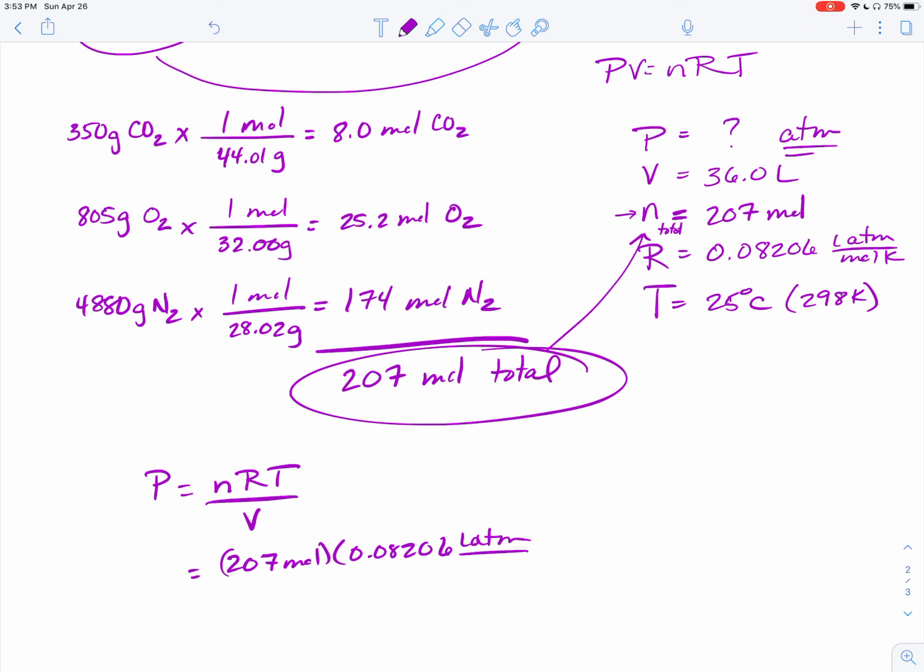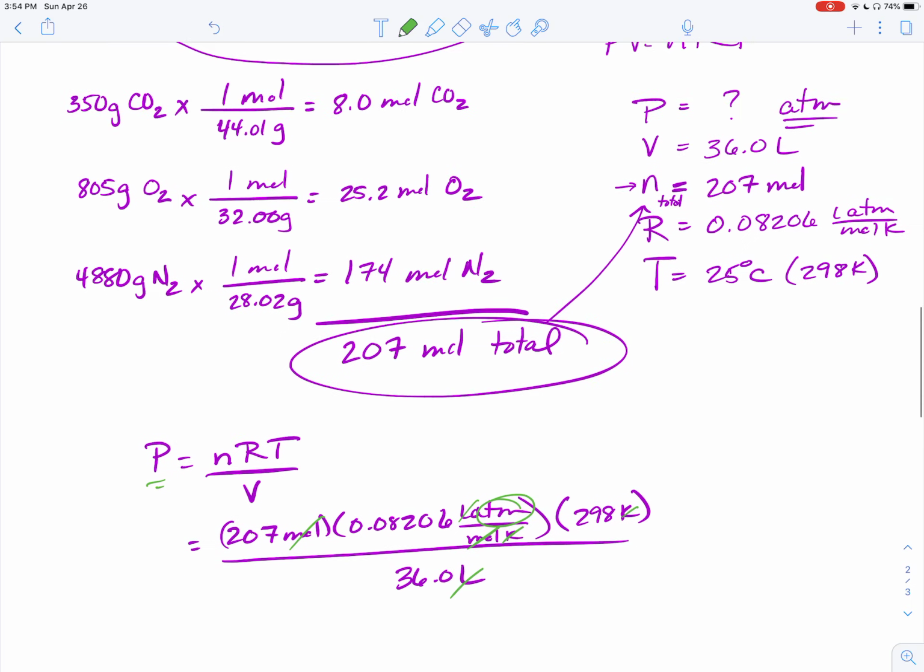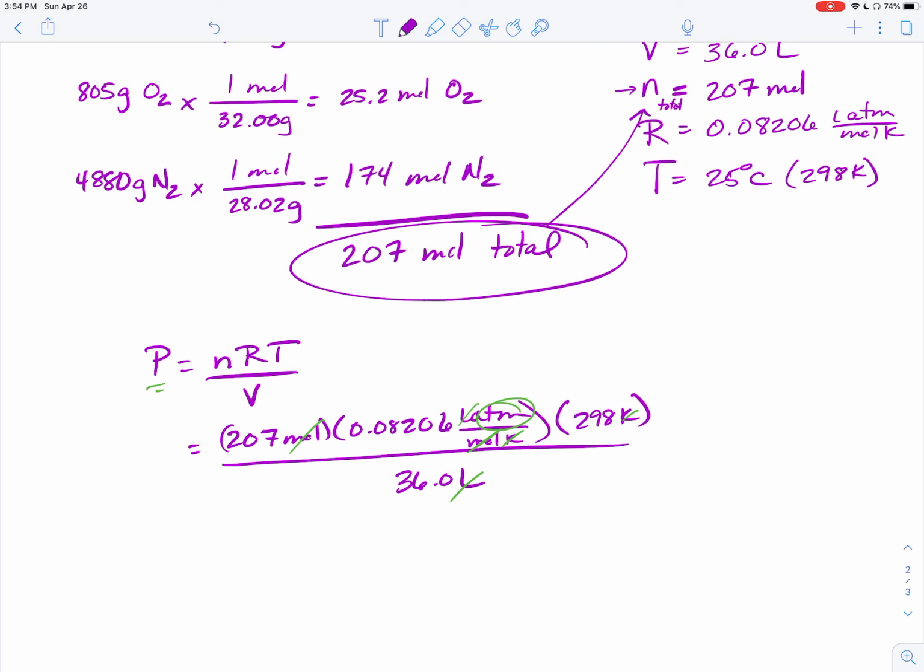Always important to keep writing your units to check whether or not you're solving the equation correctly and putting everything in the proper units. Sometimes if you don't change a value into the proper unit, you won't know unless you're writing your units down, so you need to write them down. The volume will be 36.0 liters, and just check to make sure your units cancel properly. Moles cancels, Kelvin, liters, leaves you with ATM, which is what we're solving for. And we plug this into our calculator, and I get a value of approximately 141 ATMs